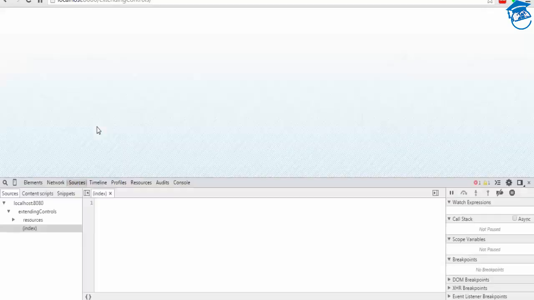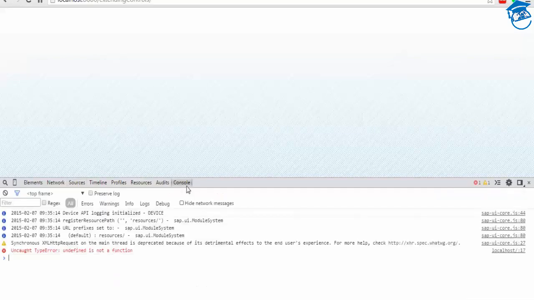Once you refresh, it should come. In the console, it says undefined is not a function. So sap.ui.commons.Button, and inside the button we have text, and we are placing that oButton into the content.